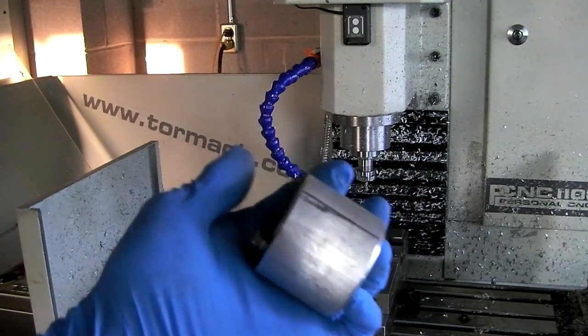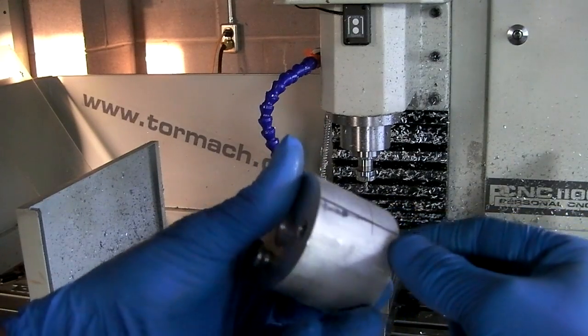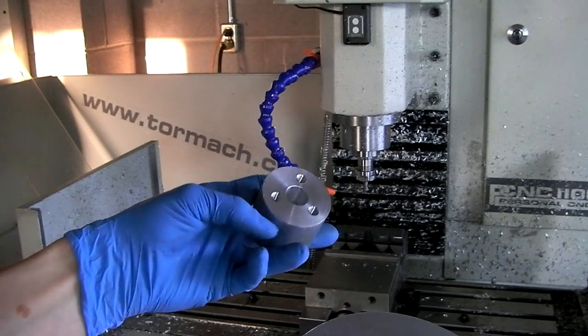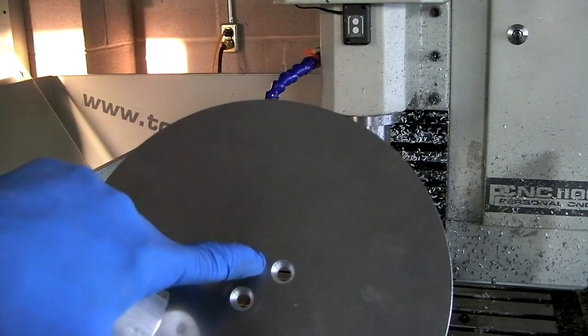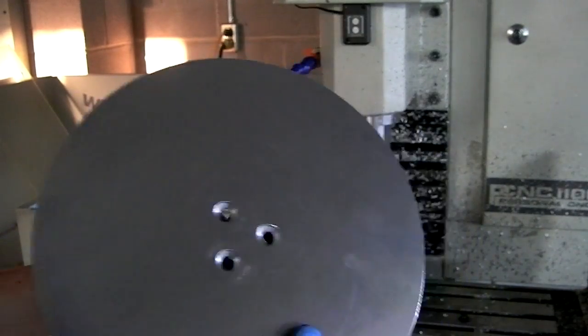If I had more time and was fancy, I would have turned the face of this, the OD of this, off. Make it look pretty, but it really doesn't matter. Another thing I was considering is to turn a hump, a step onto this, and then mill a hole, but there isn't much room. But anyway, mill a hole here so that these two slide together and the disc doesn't move that